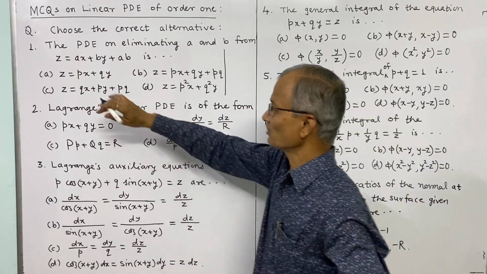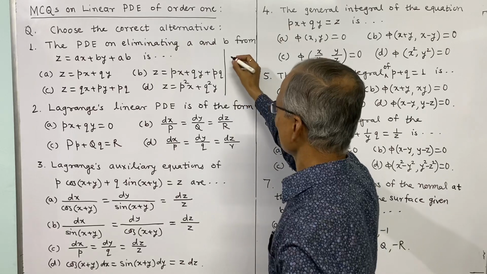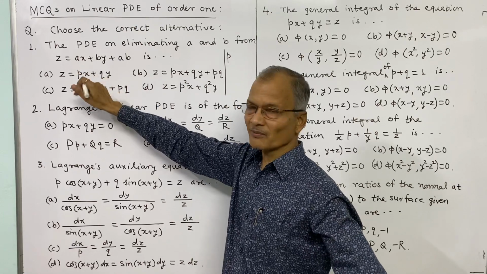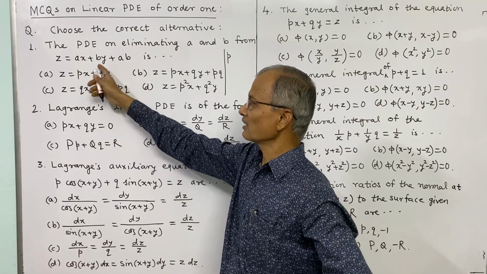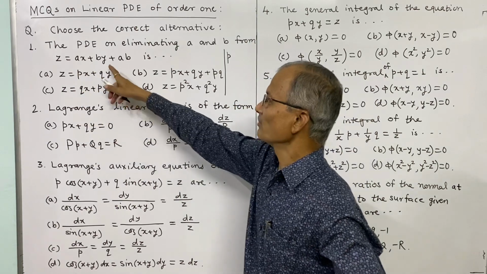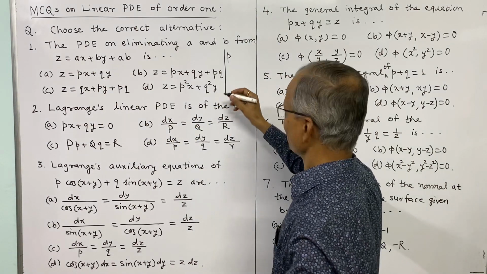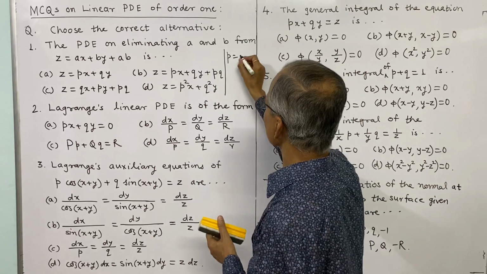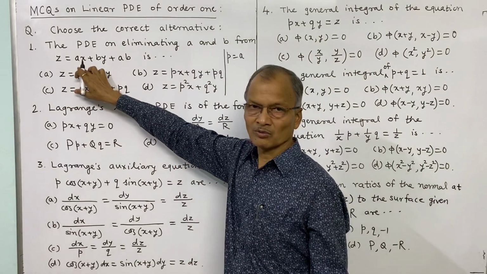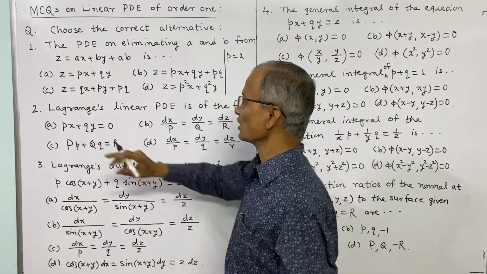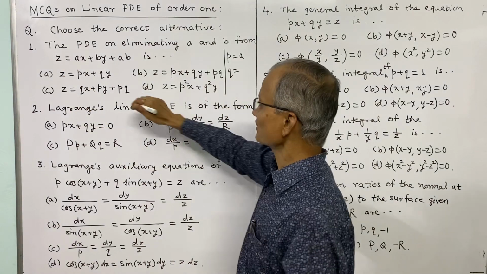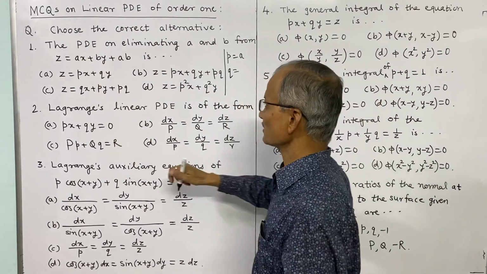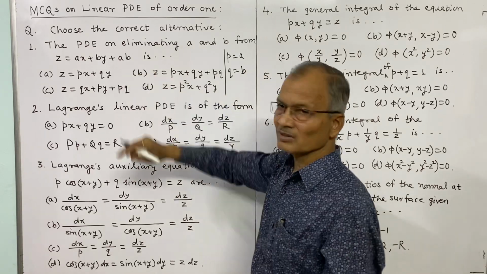Differentiating partially with respect to x, the partial derivative of z with respect to x we denote by p. And what is the right side? The partial derivative of the right side with respect to x is a only, and because the other terms are constants, their derivative will be 0, so p = a. Next, if you differentiate the same relation partially with respect to y, then the partial derivative of z with respect to y is q, and on the right side x is to be treated as constant, so that derivative is 0, and this is b, the derivative of y is 1, so this is b, and ab is constant, its derivative is 0.